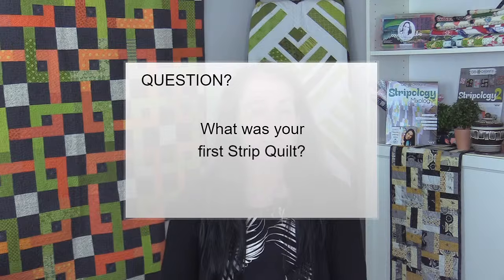I have so many strip quilts, and I've written so many strip patterns, but the first strip quilt I ever made was just a simple rail fence, and that was my first big quilt, actually. I did a lot of little stuff first when I started quilting, little wall hangings and table runners and placemats, until I got brave enough to do a lap size quilt. It was a rail fence done back in the early 90s, burgundy and dark deep green and gold, and it really matched well with my living room back then. But I don't think I have that quilt anymore.